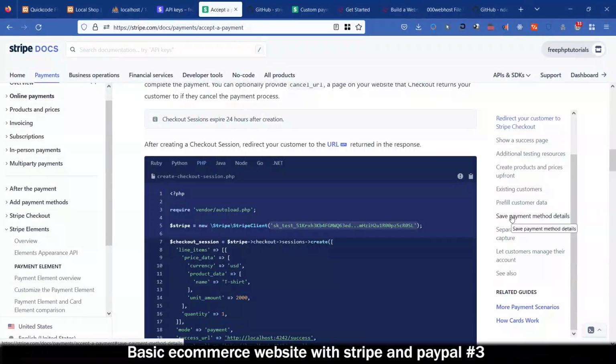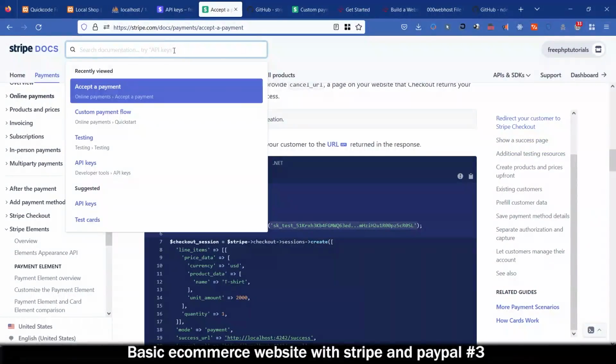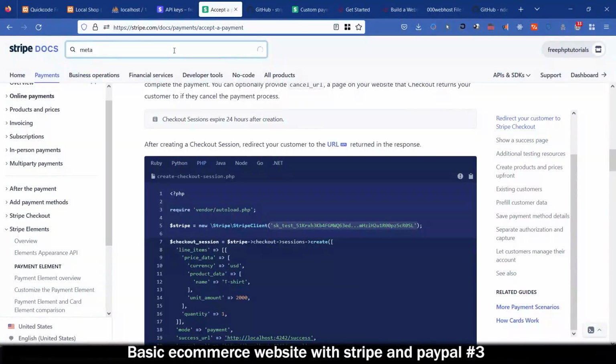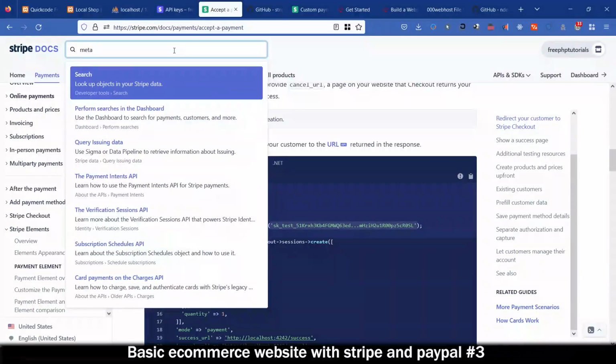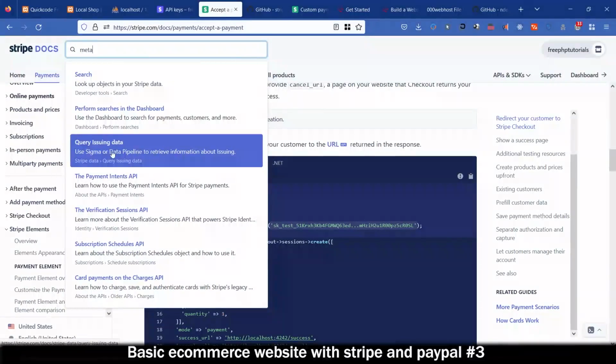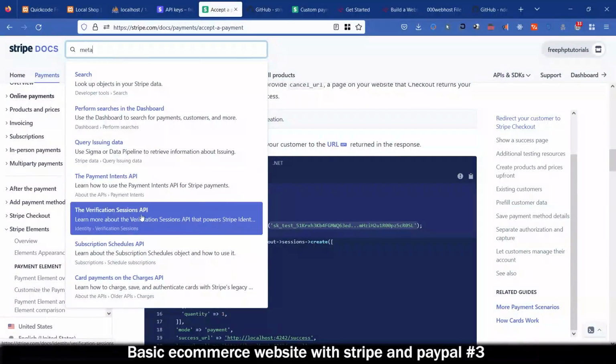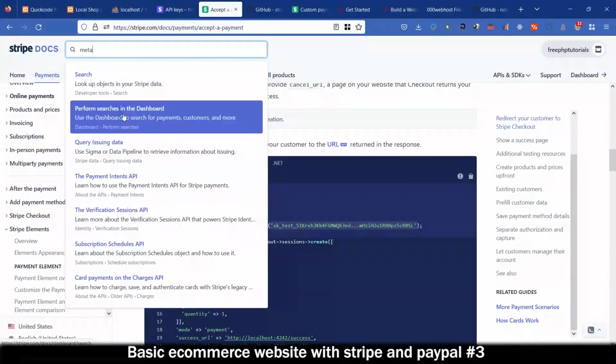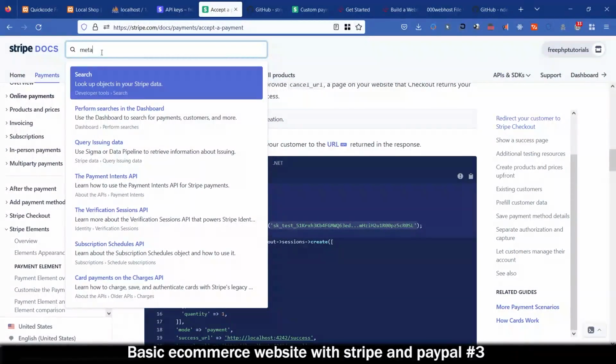Let's see, save payment method details. Can we search? Let's search for meta. Let's see, lookup, perform searches, query, payment intent, verification. Yeah, this doesn't look like